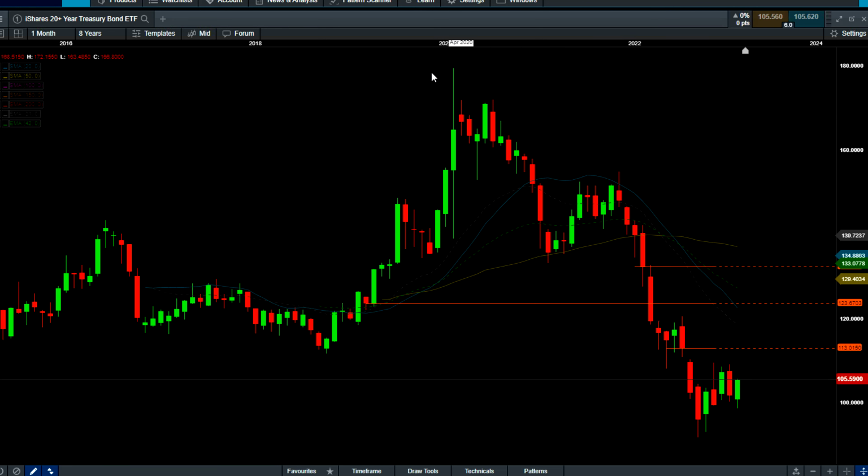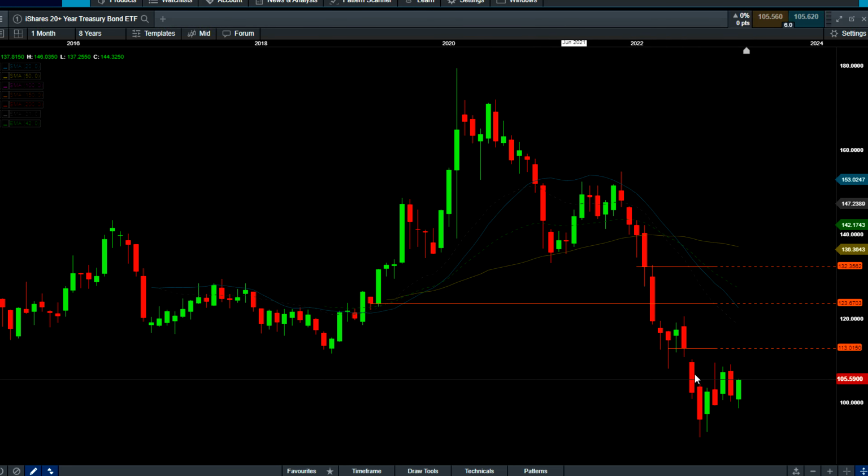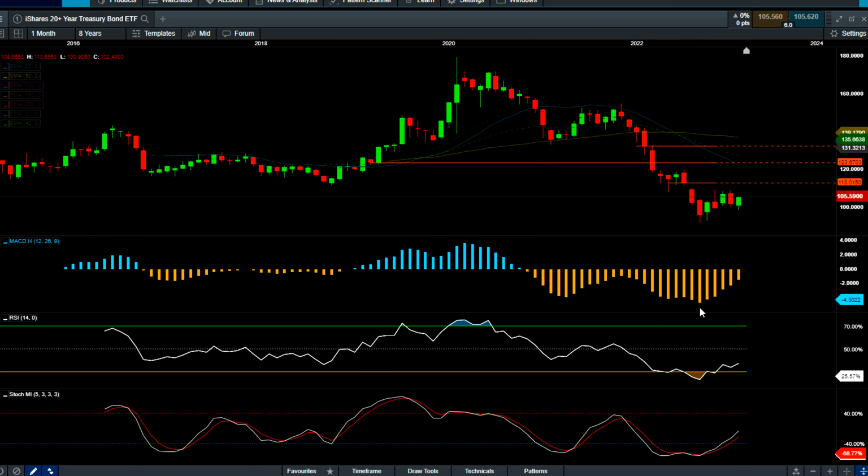So everyone is just getting out of the bond market because interest rate was zero and there is no lowest point for the interest rate. The future is going to be higher interest rate, so there is no interest for bonds. That's why bond is going down and crashed all the way down to here. Right now, it's just forming one of the best bullish setups. If you ask me, this is one of the best bullish setups in the monthly chart.